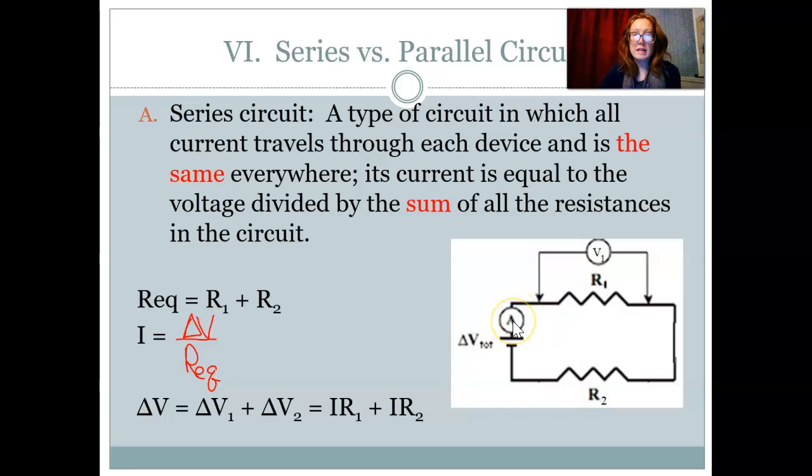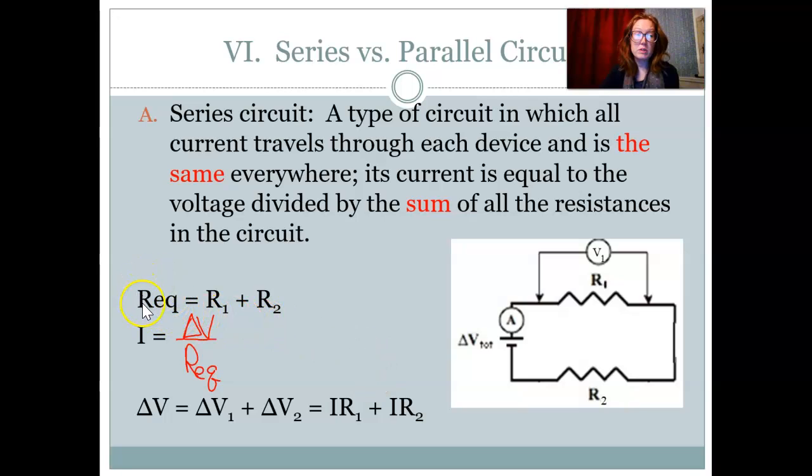So the main idea here is that the current coming from the battery must go through every single piece of the circuit to get to the other side. There are no branches. So even though sometimes at first glance you're like, well, R1 is across from R2. Doesn't that make it a parallel circuit? Okay, but no, because there aren't any branches. There's just one big loop here. So we say that this is a series circuit,